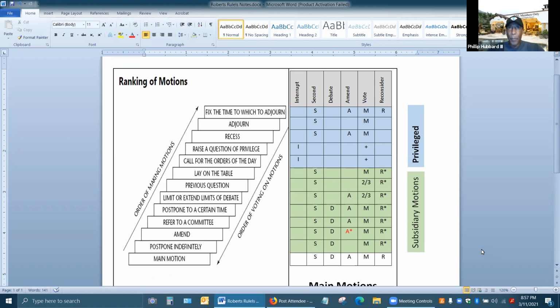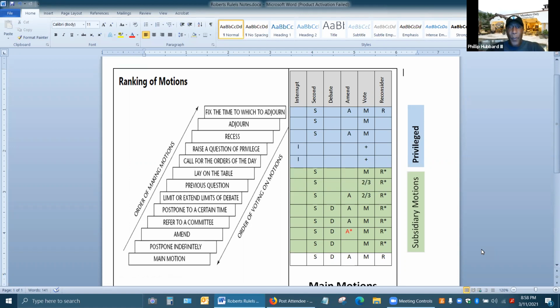Extremely important. Brothers are rambling. Order of the day is called for. And again, order of the day is called for. All discussion is done. We go right back to whatever the previous discussions were that we were having, whether it's by way of the agenda, or maybe it was a motion we were discussing, whatever it was, we go back to the order of the day. That's the simplest way to put it.